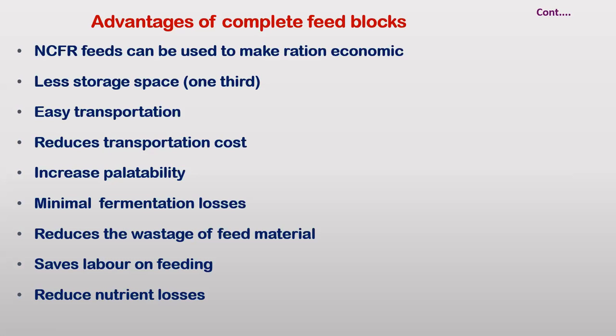We can use non-conventional feed resources while making this complete feed block, and in that way we can reduce the cost of production of that block. Less storage space will be required; the space will be reduced to 1/3. Transportation will be easy. So transportation cost also will be reduced due to the reduction in storage space,